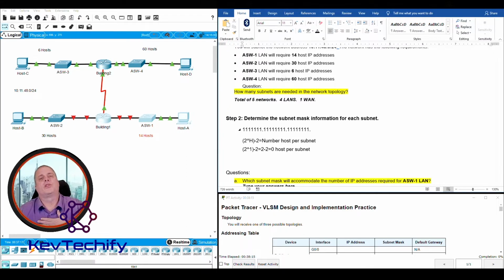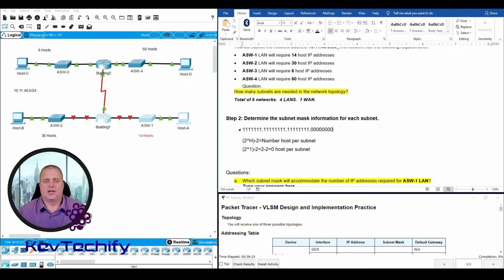Fill it in until you get up to 32 bits. We need 8 zeros. That's 4, 5, 6, 7, and 8. That is what our default subnet mask is. That is our /24. So our /24 is equal to that. If we have 1 bit in the host portion,